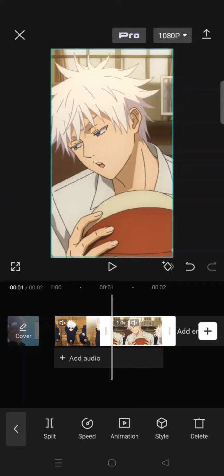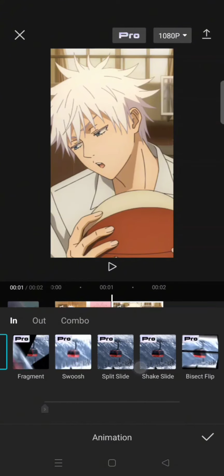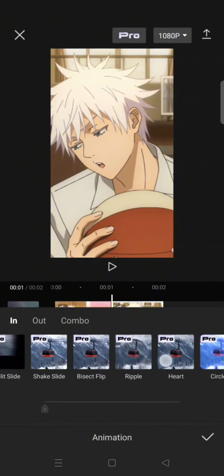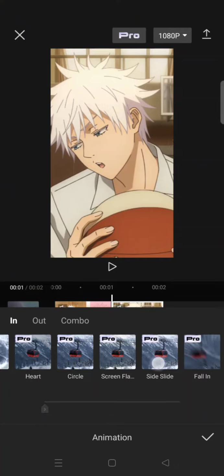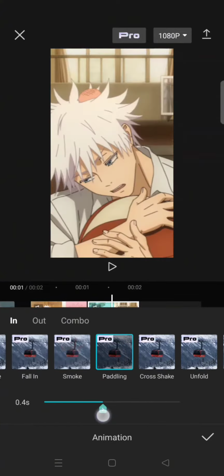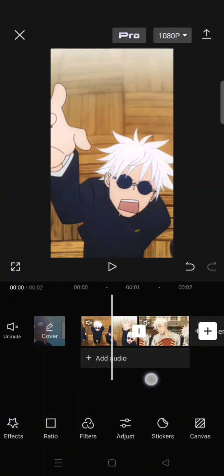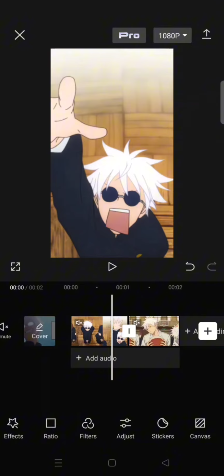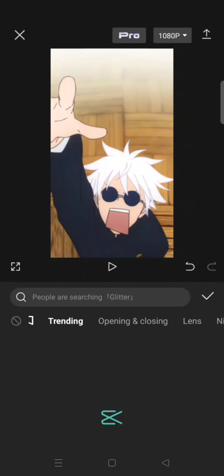Now for the second clip, animation, add the paddling animation but under the in category. So this is the contrary from the first clip. Set it for 0.4 seconds, and now go in between the clips, go to the video effect, then add the